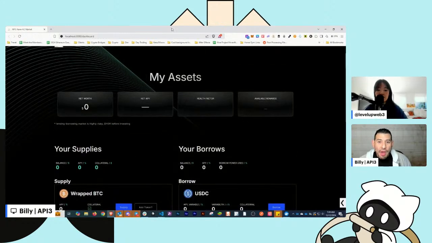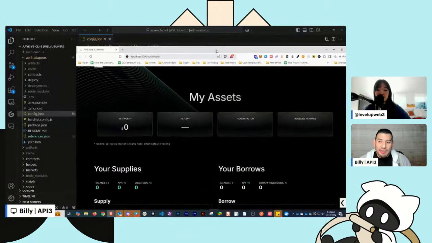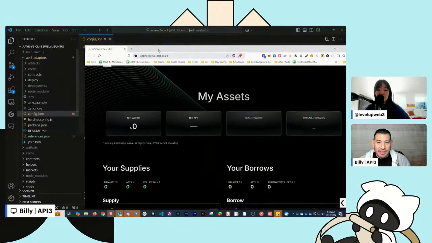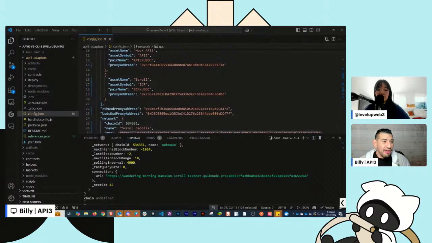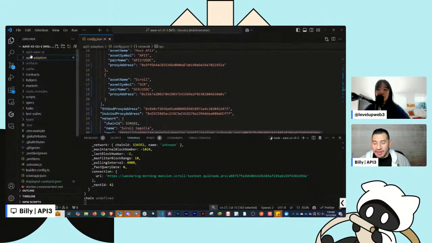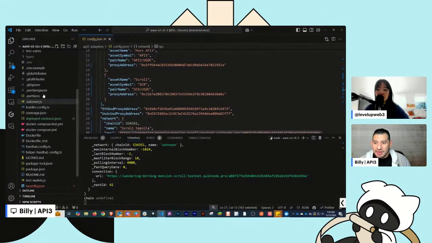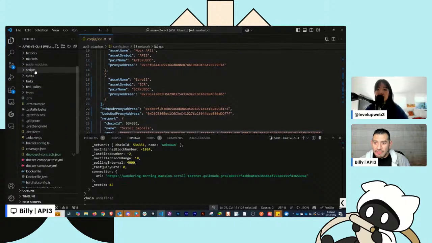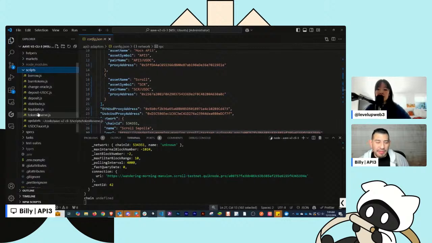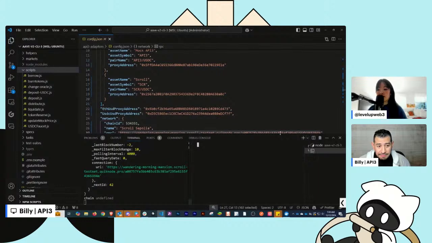So one thing that we want to make sure that we have, and this is just a little extra thing when we're messing around with our borrow lending dApp, I have a few scripts here that take you through a whole bunch of things to deposit certain things and play with it. But I want you to do it through the front end. But one thing we want to know is that